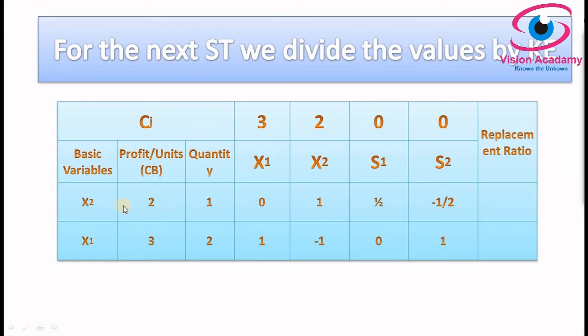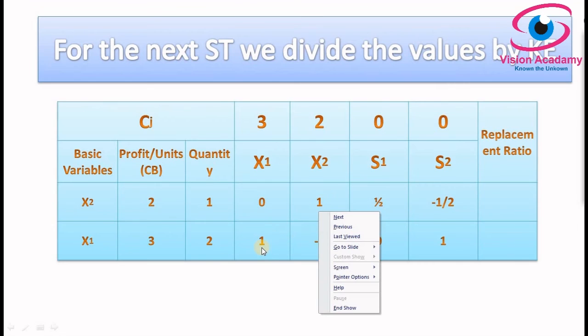Let's accept this x2 value is 2 and the x1 value remains the same. So here we had a quantity 2 by 2, it is 1, and x1, 2 by 0 is 0 only, and x2, 2 by 2 becomes 1. In the s1 there was a value 1, so 2 by 1 is 1 by 2, and in the s2 there was a minus value, so 2 by minus 1 is minus 1 by 2. We did this operation just to make unity. In the earlier cases it was already in unity, so we did not consider this type of operation. Now it is in unity, that is 1 itself.